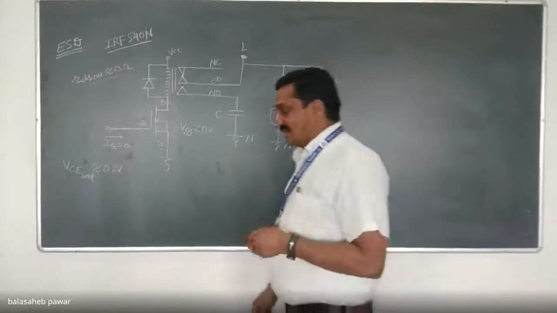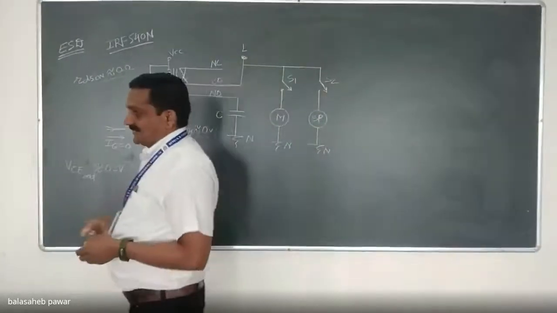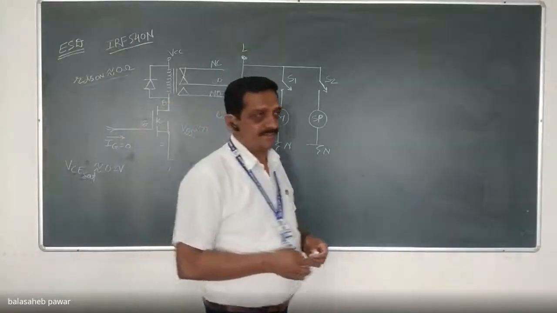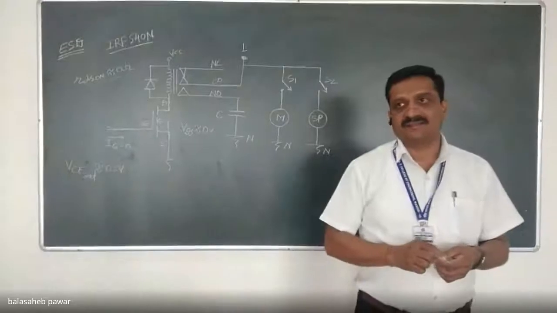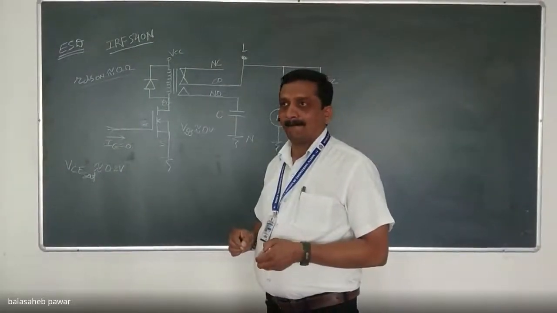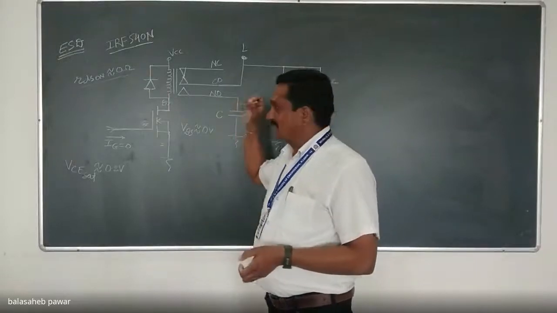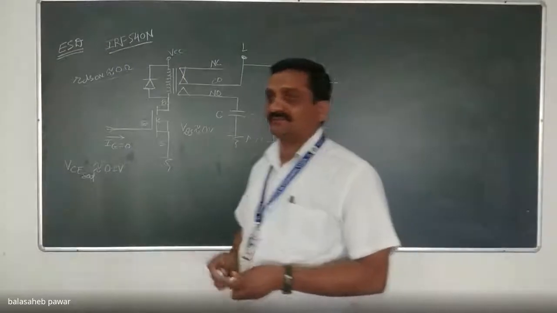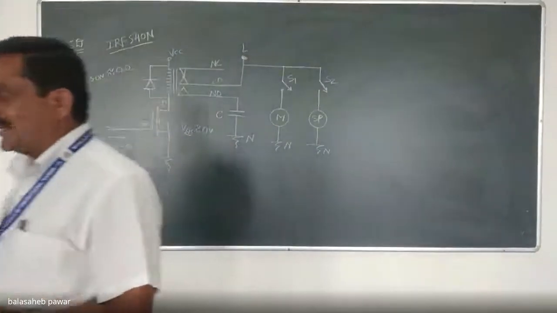Again, there is one more reason why we should go for MOSFET instead of BJT. Can you identify it? Just try to identify that reason. Okay, concentrate on the input circuitry of these transistors. Where will there be a power drop and where will there not be?